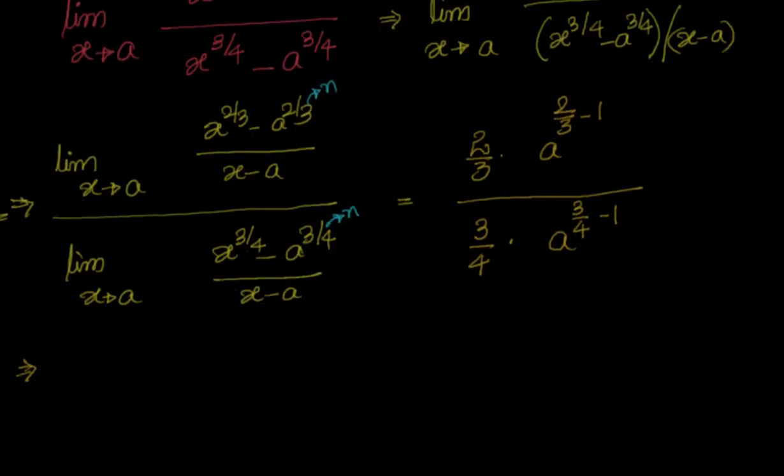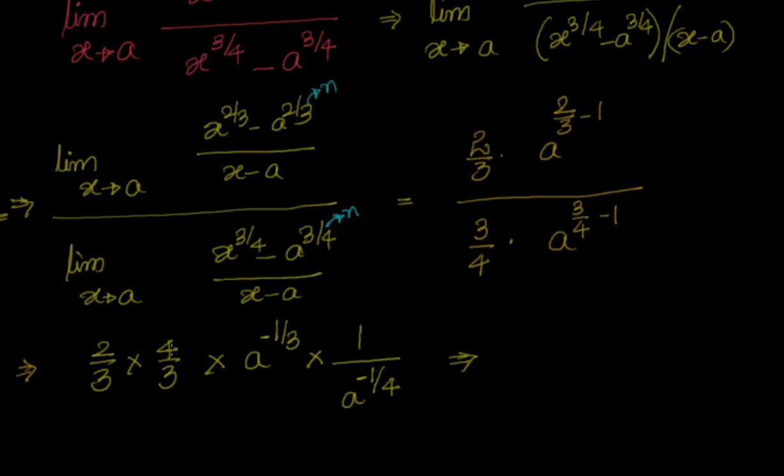This is nothing but equal to, can I say 2 by 3 into 4 by 3, because when you are dividing you want to multiply, you should take the reciprocal of that, and I will have a power 2 by 3 minus 3 by 3, that is minus 1 by 3, into 1 by a power 3 by 4 minus 1, that is nothing but a power minus 1 by 4. So this is nothing but equal to 2 4s are 8, 3 3s are 9,